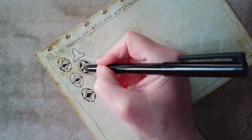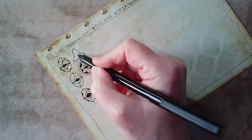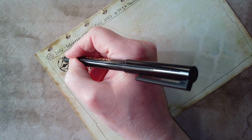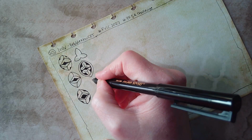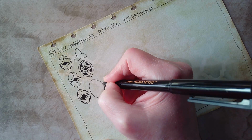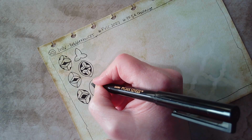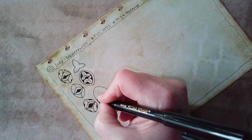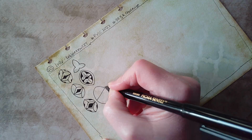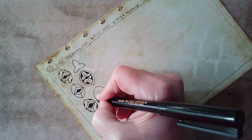I think the difference here as well is that I've put these with the longest points of the leaf vertically. Here, they're diagonally, aren't they? So, yeah, I can see what's happening now. Is that we have the longest part of the leaf. And what I'm going to do as well, how can I do this? Let's try doing this so I've got this on a slant, and so that the longest part of the